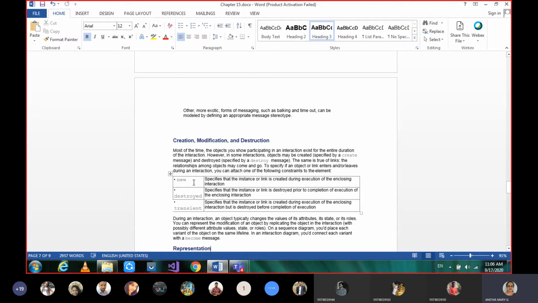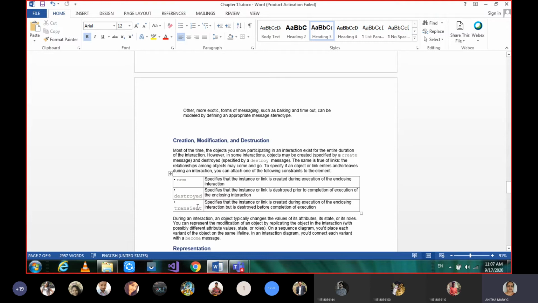New: we give new when we want to specify that the instance or link is created during execution of the enclosing interaction. When exactly an object is created, we say it is new. And when the instance or link is destroyed prior to the completion of the execution, we give it as destroyed.